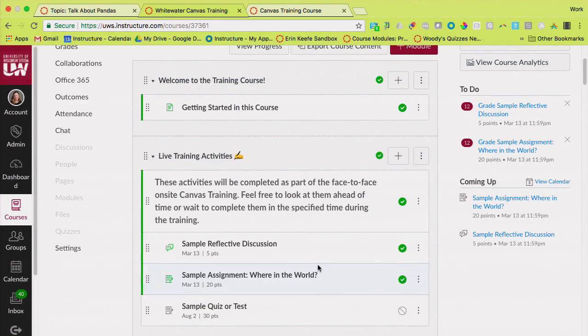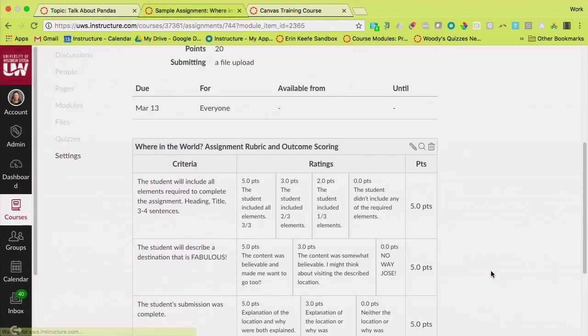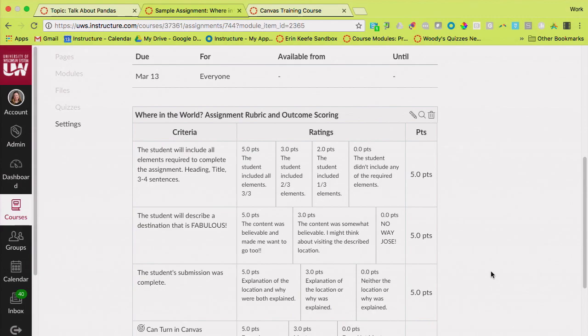So I want to show you that assignment that you were working on. For those of you who didn't do it, but it looks like most of you did, thank you very much. You will have noticed a couple of things. One is that it had a rubric attached. Students do see the rubric when they're doing the work, so they are going to know how they're going to be assessed. They see the full-on rubric.